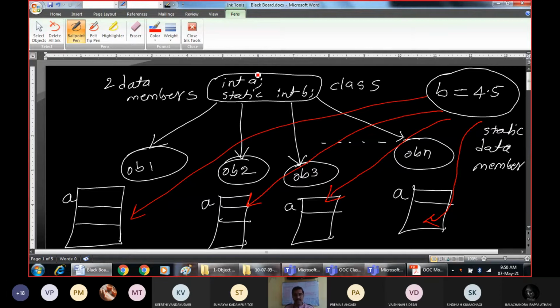It indicates that a static data member is part of the class, but it is not part of the object. Why is it not part of the object? The objects may change the value and may have different values during execution. To avoid that, we reserve the memory separately for the static variable, and that variable is common for all the objects. So that is what a static data member is.